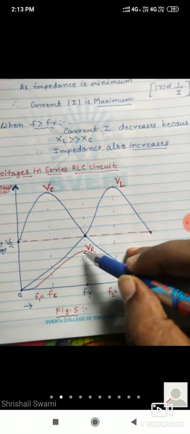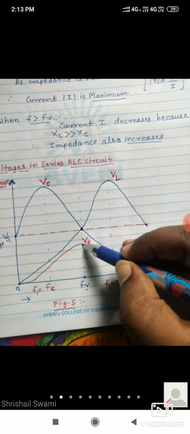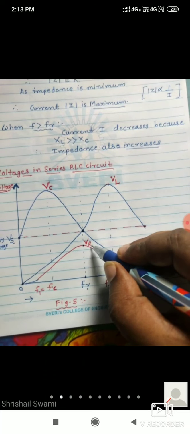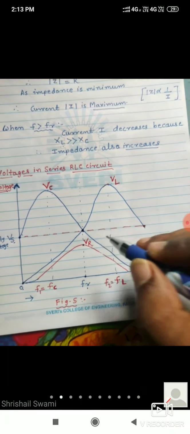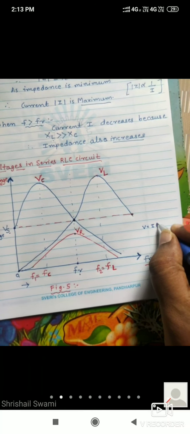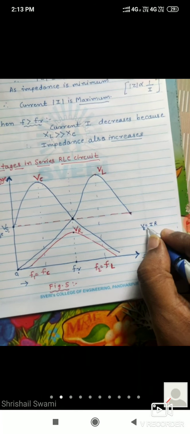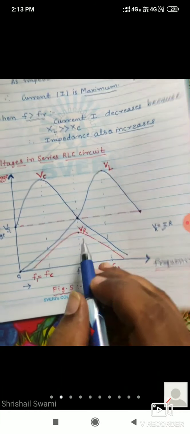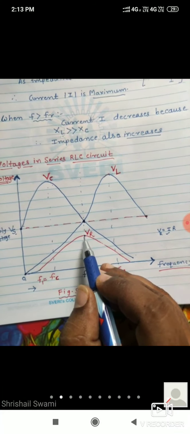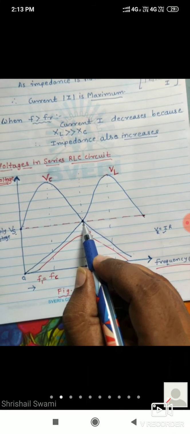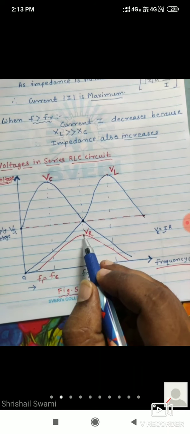Now next, when the current is maximum in the resistor R, the voltage across resistor also becomes maximum, because what is the formula for voltage across resistor? VR is equal to I into R. If I is maximum, the voltage is also maximum. That is shown. That will not be equal to Vs, it will be slightly less than Vs.